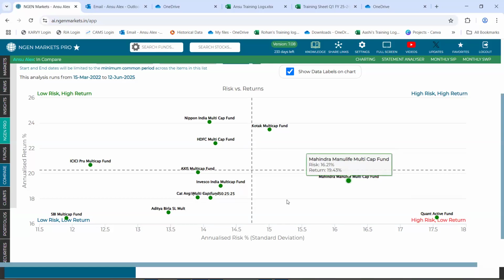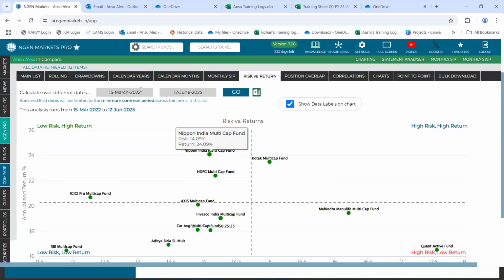Now, if the fund gets plotted on the left-hand side of this scatter plot, those are the ones which have a lower level of risk than if it gets plotted on the right-hand side. Those would be having a higher level of risk. And in a similar way, if the fund gets plotted on the upper end of the y-axis, it would be having a higher level of return than getting plotted into the lower end of the y-axis.